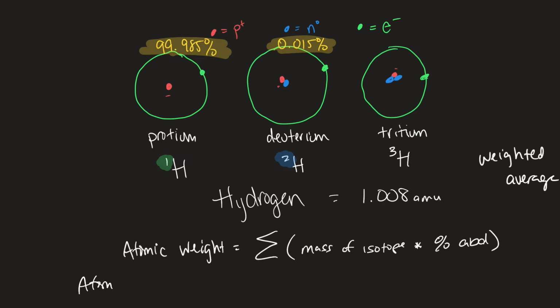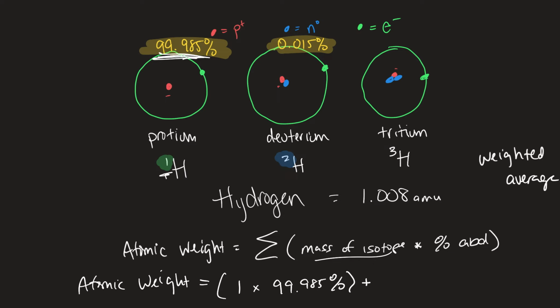If we're calculating the atomic weight of hydrogen, we have the mass of the isotope. So let's look at the mass of the first one. The mass here is 1 times its percent abundance, which is 99.985%. Make sure you use a percent sign when you're calculating this, okay? Plus, that's the sum part, right? Plus the mass of the second isotope, which in this case is 2, multiplied by its percent abundance, which in this case is